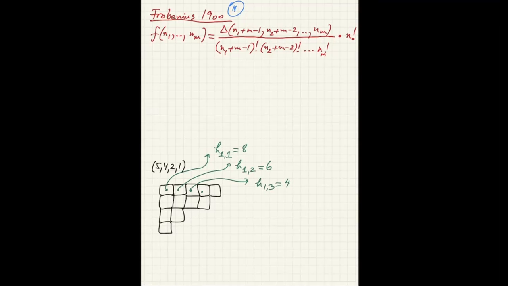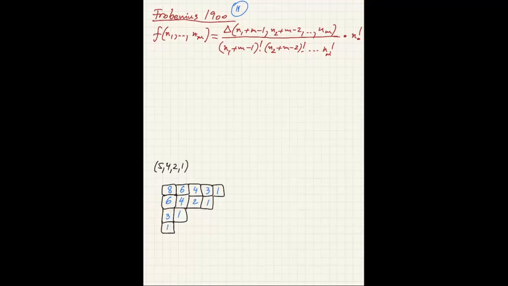So the easiest way is to just write these hook lengths in the squares. I'll write here the value of the hook length, 8. What was this one? 6. This one is 4. You have 3. You have a 1. Now below here, we have a 6. Here we have a 4. Here we have a 2. We have a 1. And then over here we have a 3, a 1,